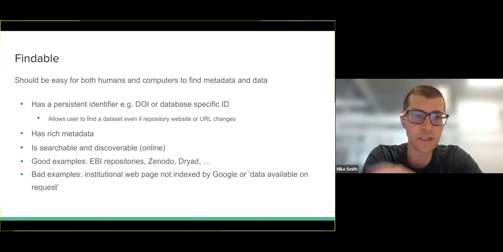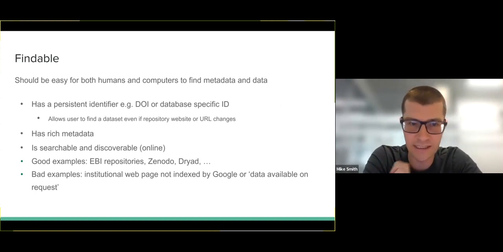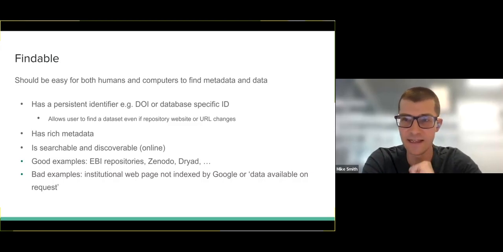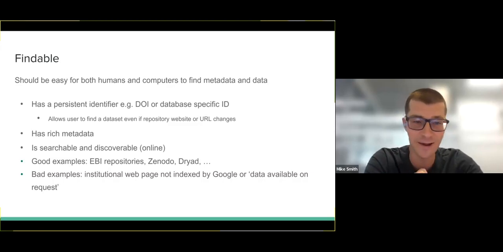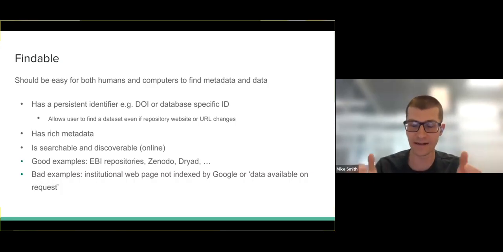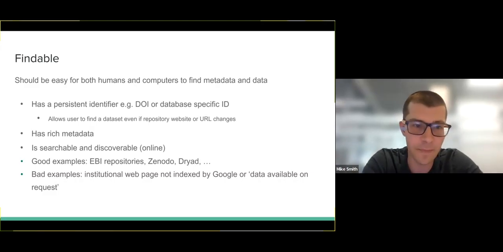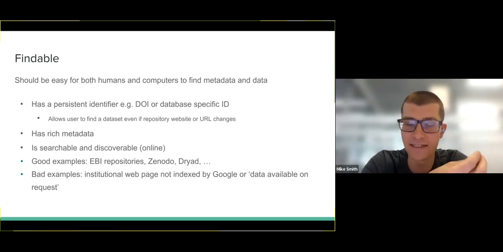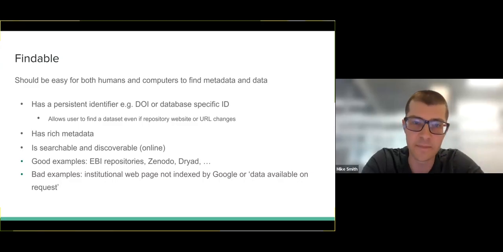But we will start with findable, which I think is probably the easiest to understand, right? It's very hard to describe this without using the word find, but it should be easy for people and computers to find that data, to locate it, right? And so one general strategy is that there should be some sort of persistent identifier that flags a data set that you have published. So that could be a DOI, a digital object identifier, which there are many distributed registries